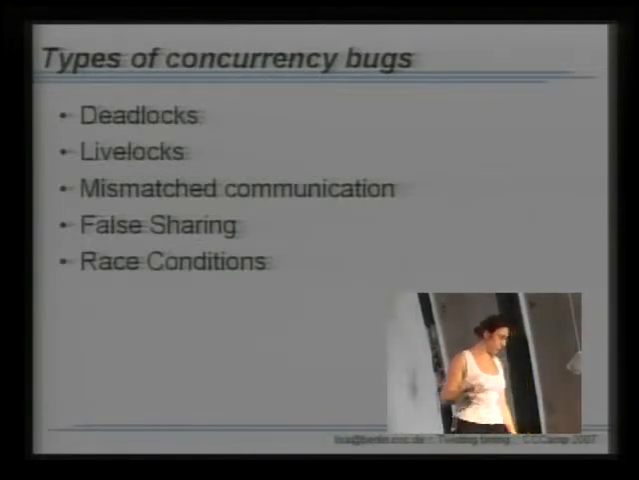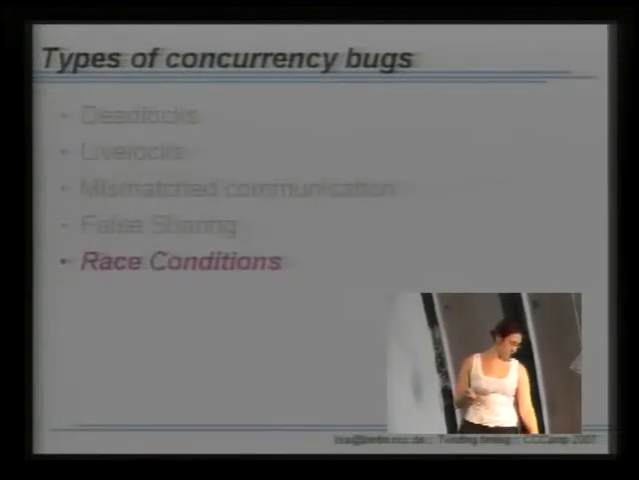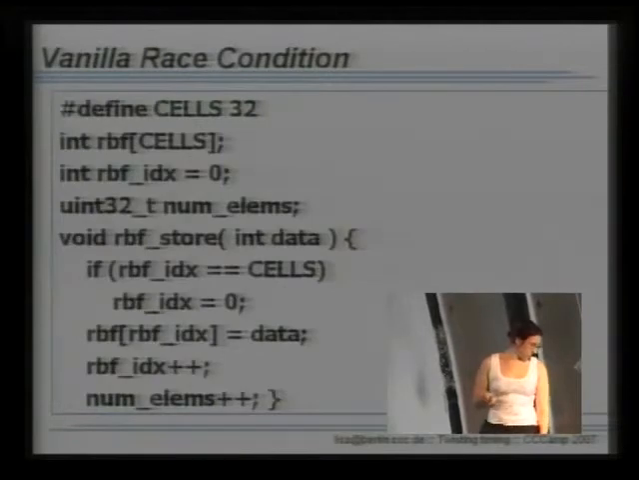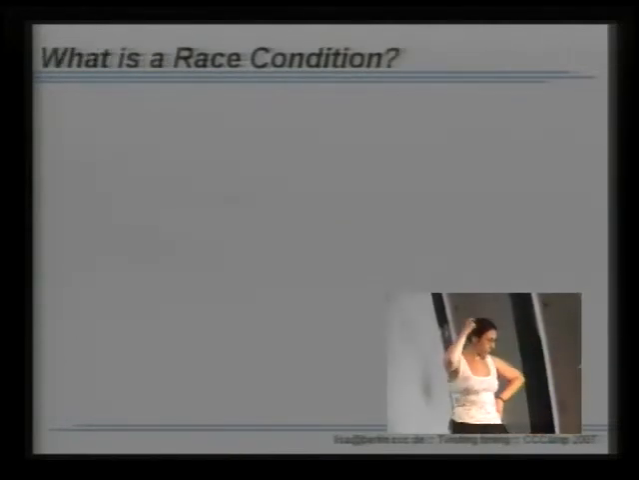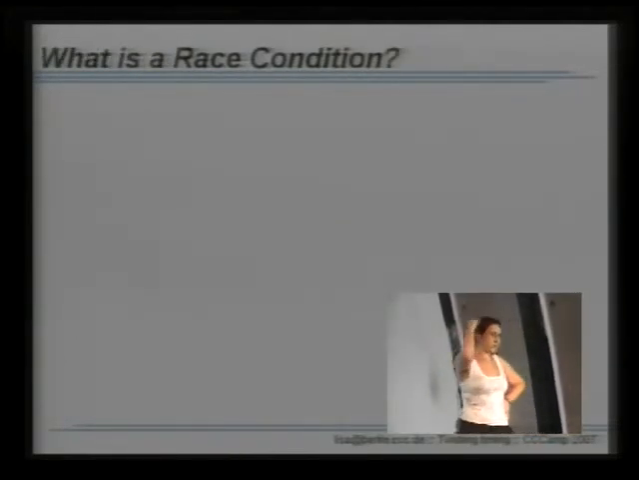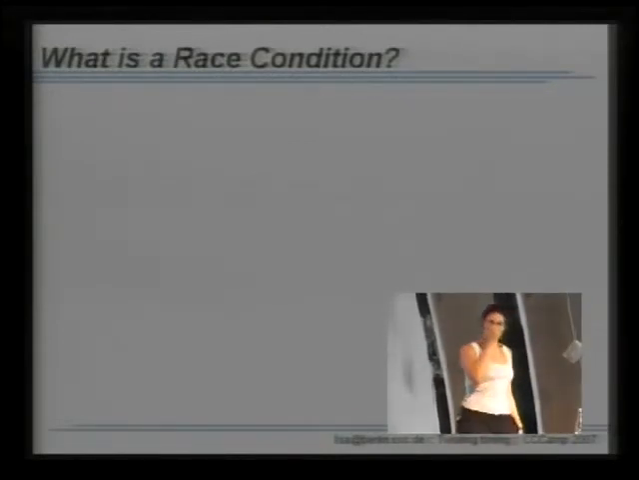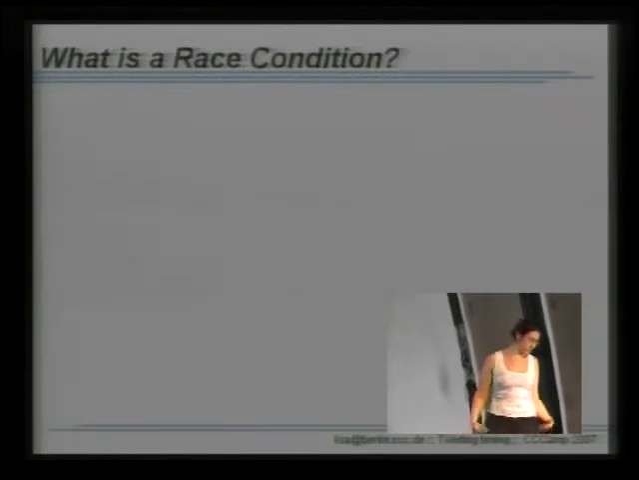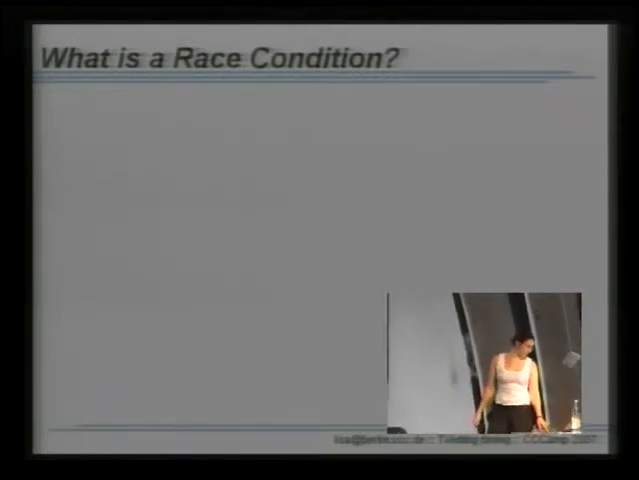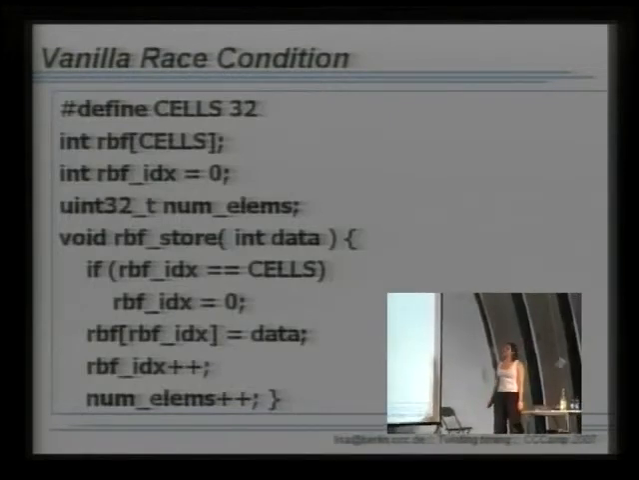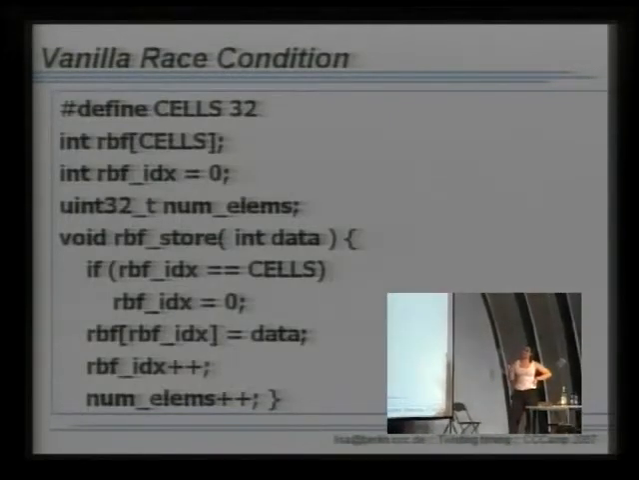The interesting thing for an attacker are race conditions. So, what's a race condition? I think I'll start by showing an example. A really simple vanilla race condition, which may seem a bit cheesy because it's a constructed example, but I chose it for educational purposes. So, imagine you have a ring buffer sort of structure,